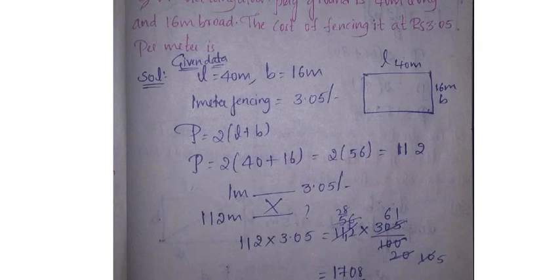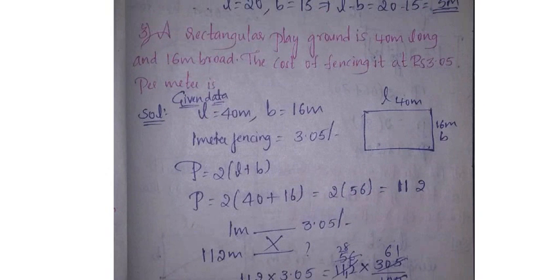Okay, what is the third problem? We shall see now. What they have given: a rectangular playground is 40 meters long. Long means what? Length. And 16 meters broad. Broad means breadth. They have given a playground which is in the shape of a rectangle. Length means every time the longest side is called length. Breadth means the shortest side is called the breadth. So length value is 40 meters, I have written here. Next breadth value is 16 meters, they have given, I have written here.